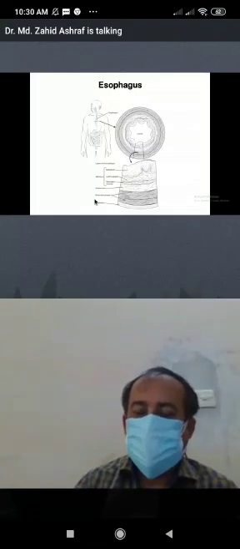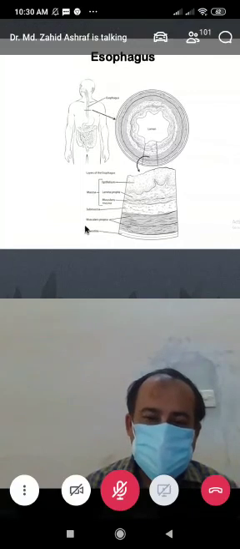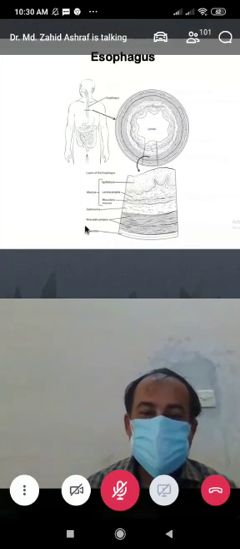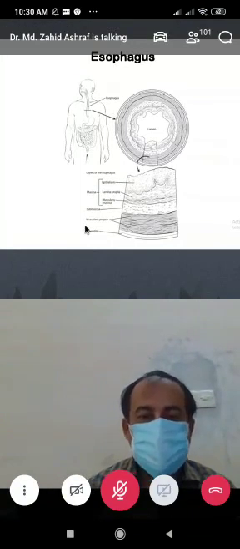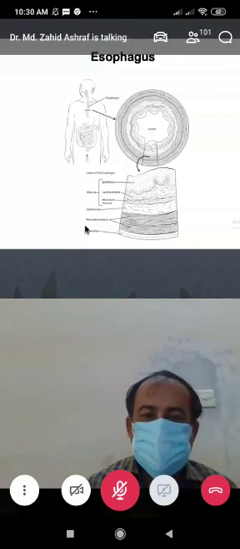In the previous class, I told you any tube within the body, it may be a blood vessel, it may be the respiratory tract, it may be the gastrointestinal tract, any tube within the body has three layers. The innermost layer is mucosa, then submucosa, then muscular layer or muscularis externa, then adventitia or serosa. So, when we discuss about the